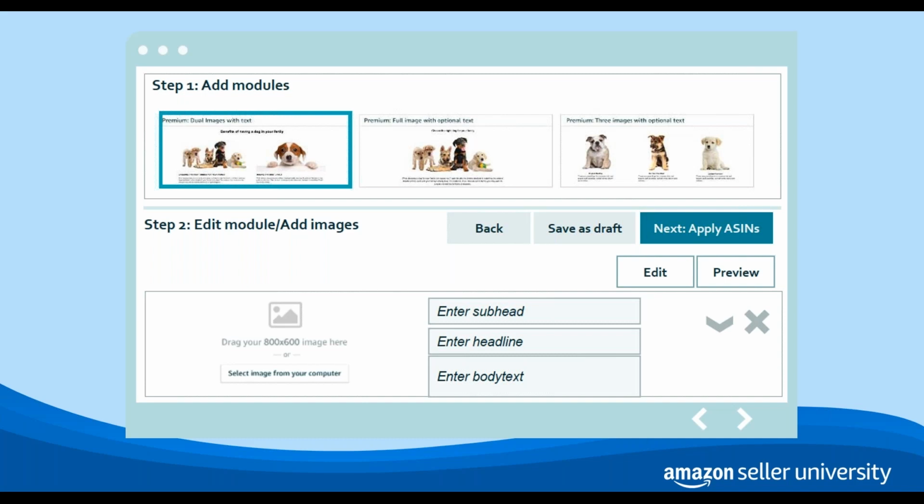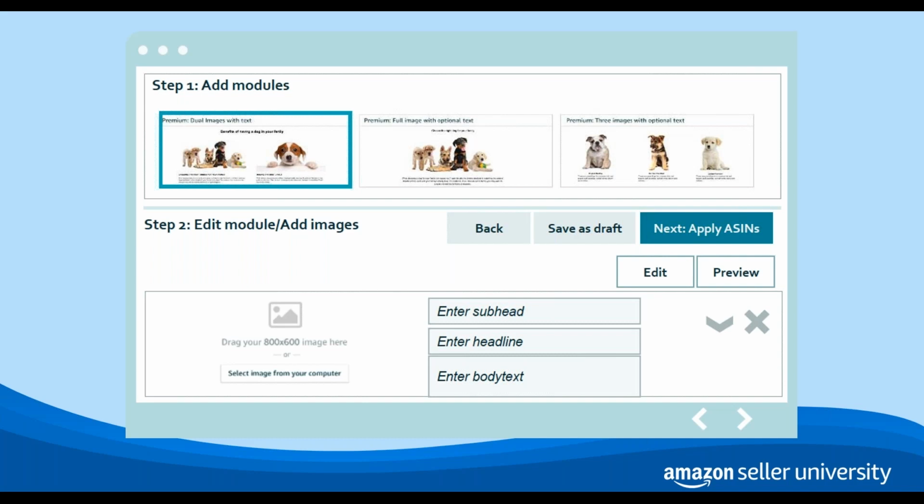Next, you'll add text and images. When you're adding an image to your content, you can upload a new image by dragging and dropping into the Add Image Uploader, or choose an image from your media library. The media library includes images you've previously uploaded in A+ content or other programs like sponsored brands. It lets you categorize images with tags and search, sort, and filter images based on criteria like size and last